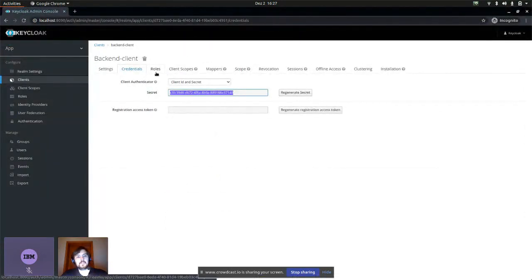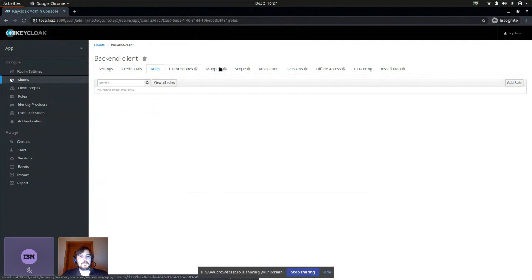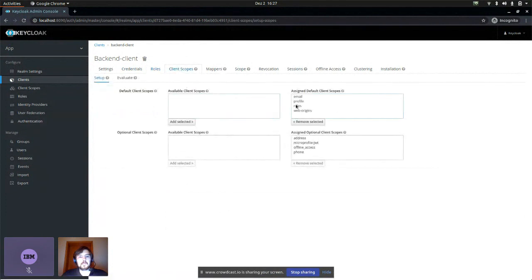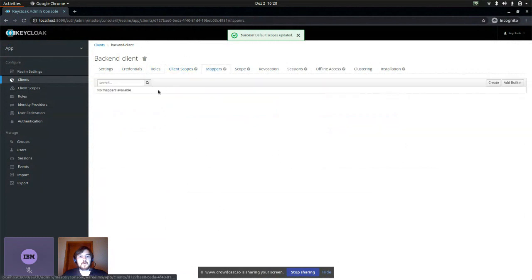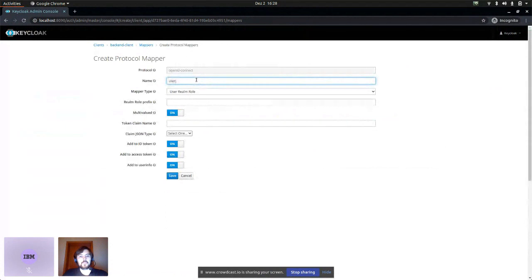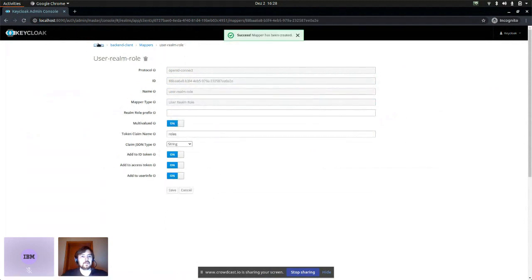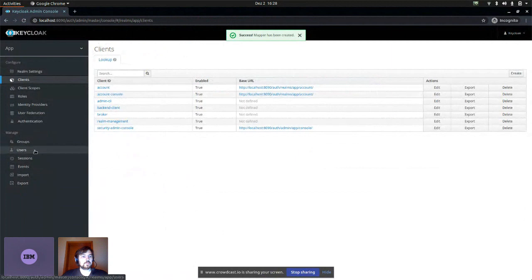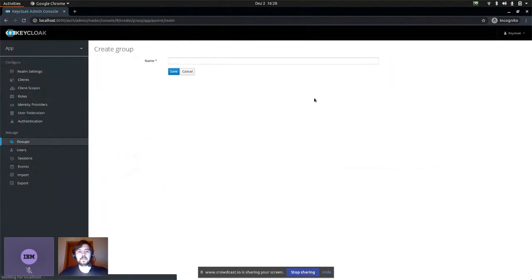And what we need to do as well is go to client scopes. We do not want the role scope. And we are going to define a new mapper, user realm role. I will explain this in a minute. Roles: it's going to be a list of strings, and we are going to save it. Next, we are going to create two groups, a user group